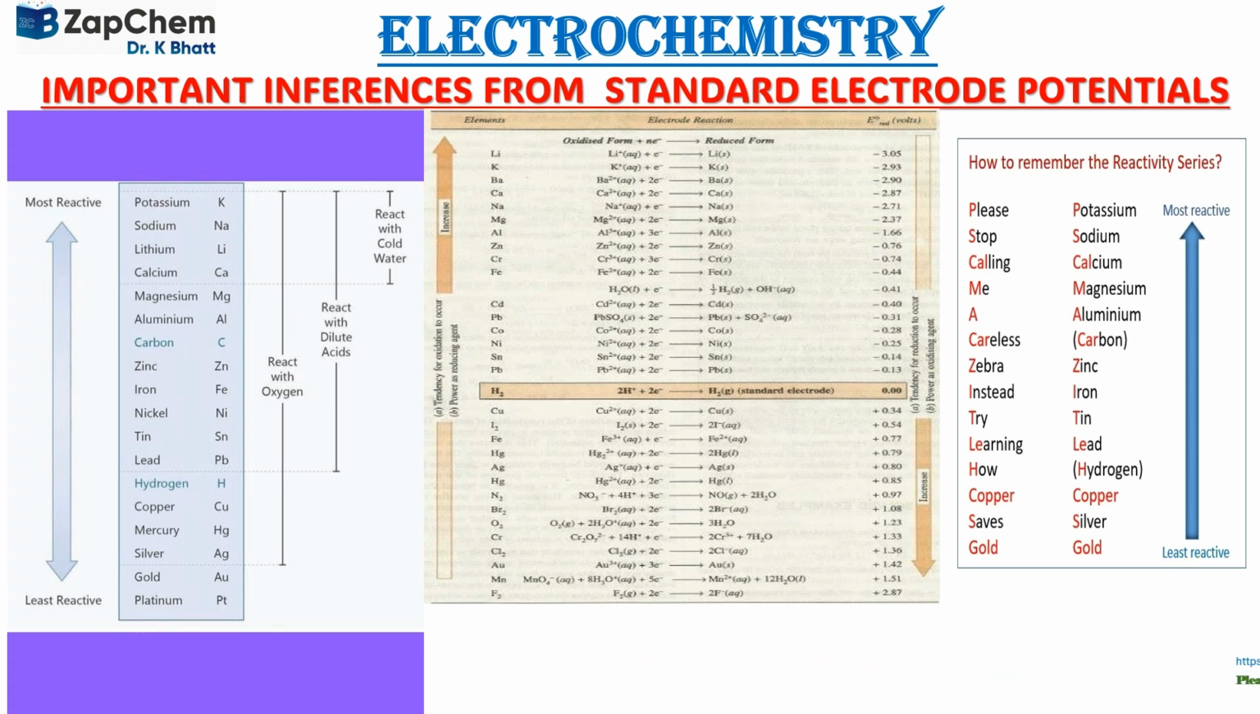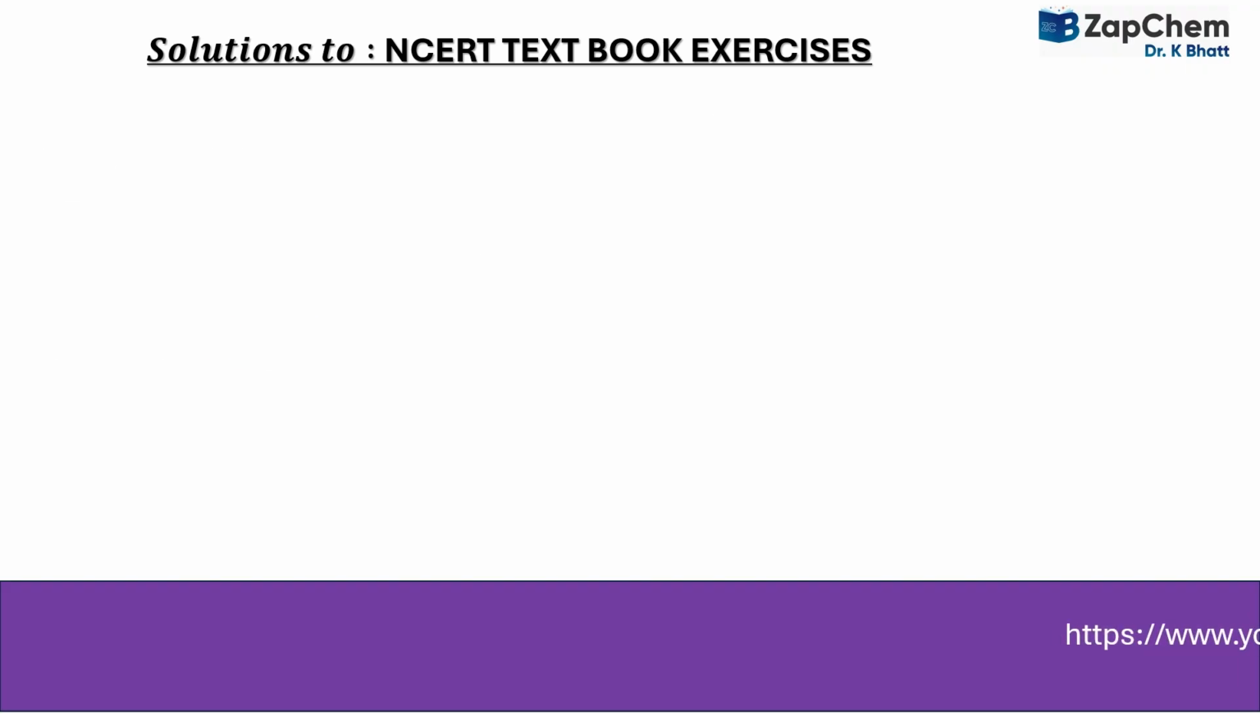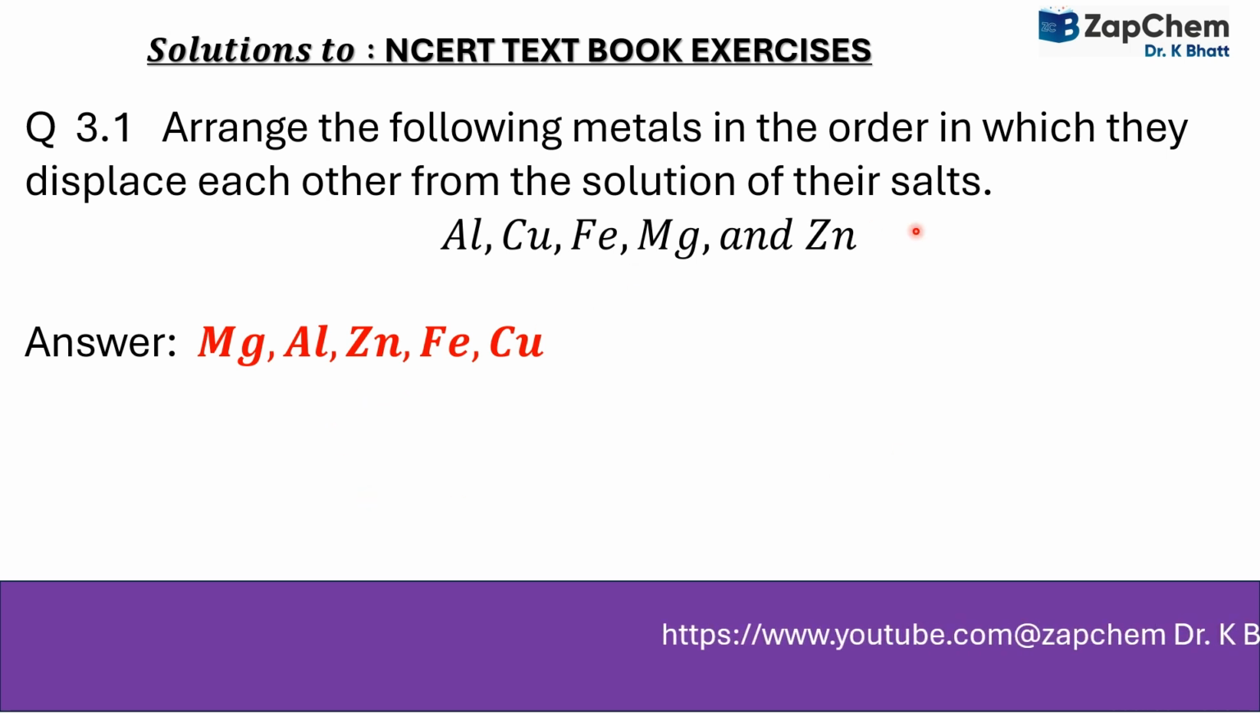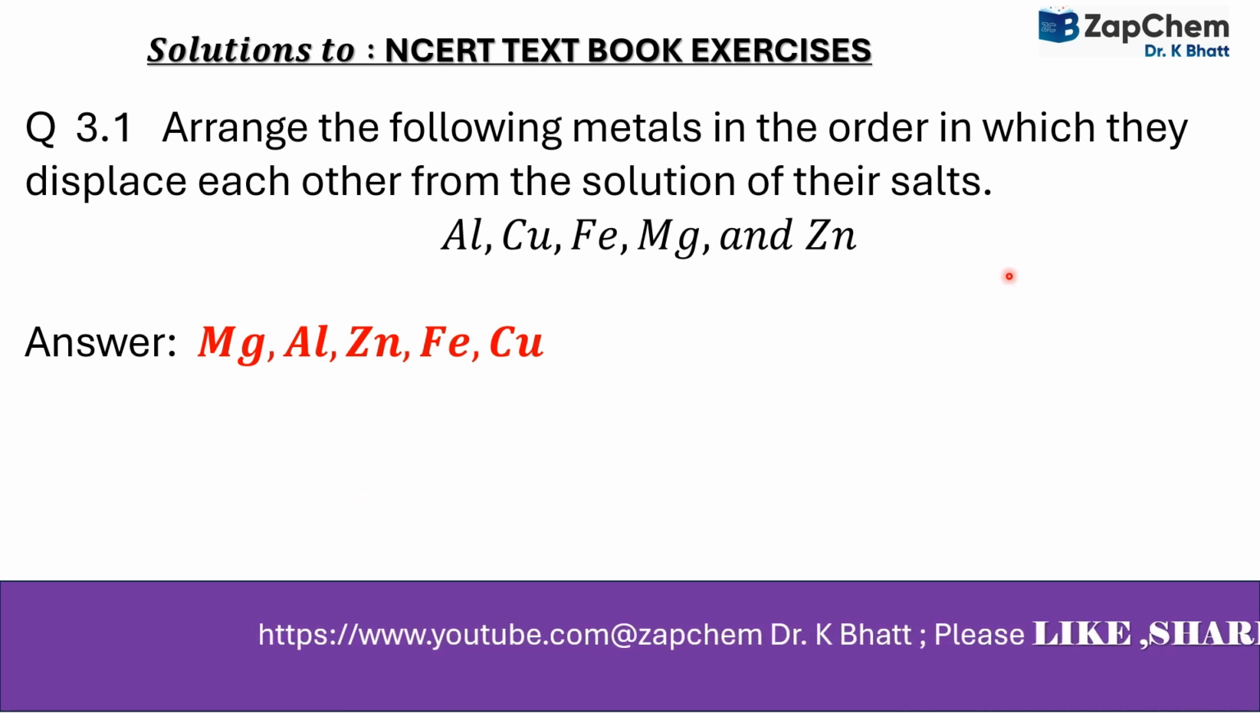Now let us take up the question. The question number 1 is: arrange the following metals in the order in which they displace each other from the